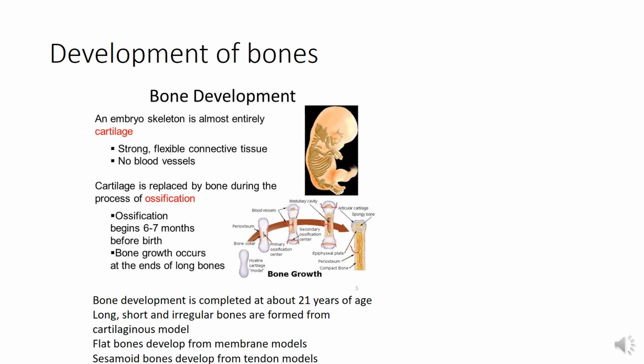During the process of bone development, the osteoblasts secrete osteoid, which gradually replaces the initial model, and then this osteoid is progressively calcified by the action of the osteoblasts. And as the bone grows, the osteoblasts become trapped in the matrix of their own making, and then they become the osteocytes.